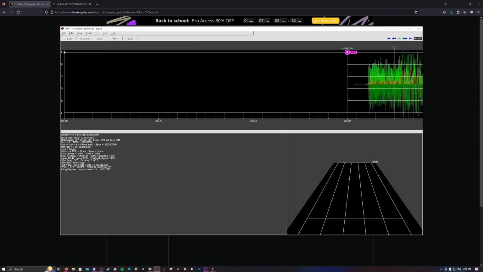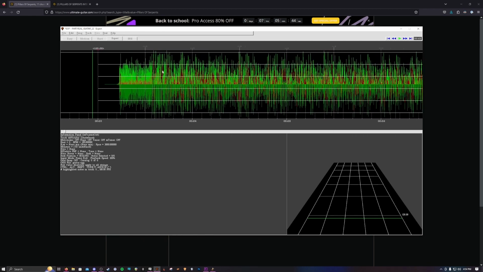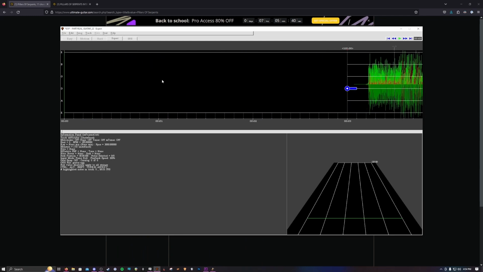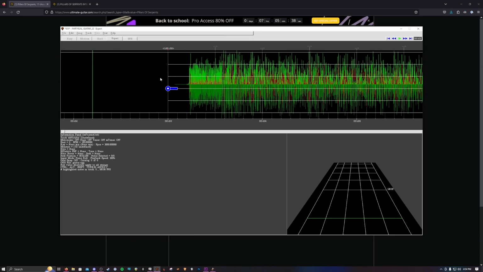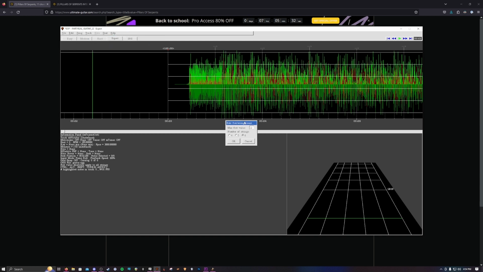So now this adds 3 extra seconds of silence so that when you load in, you have time to react. So that's the first thing that you're going to definitely want to do. The second thing that you're definitely going to want to do is go to Track, Pro Guitar, and set the